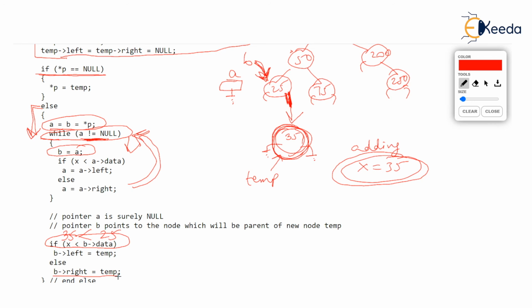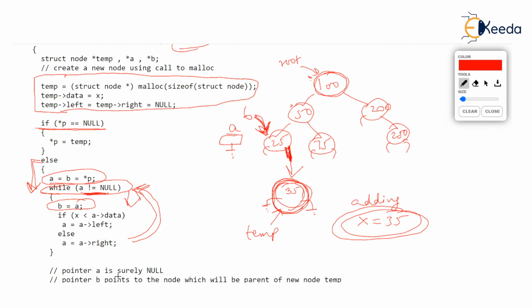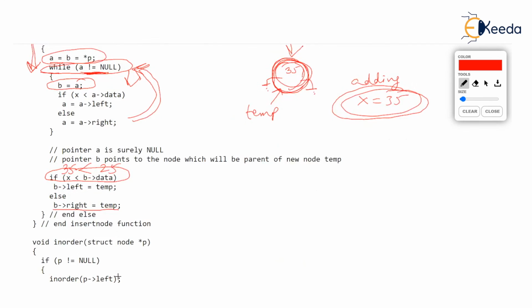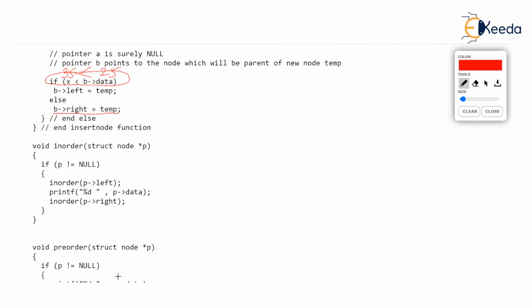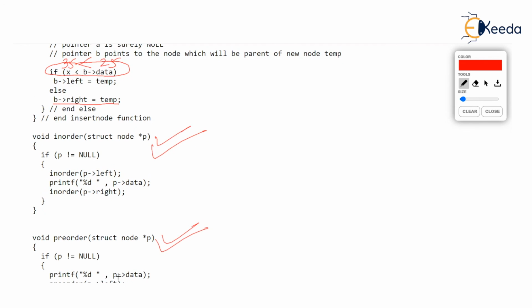By the way, once we have created the binary search tree by calling insert functions, it is time to print the tree, isn't it? Just as we created a linked list, then we displayed it. In fact, a doubly linked list was displayed in two methods, forward and backward, you remember. Similarly, a binary search tree or binary tree can be displayed in three methods: in order, pre-order, post-order. So those are exactly the next functions that are written: in order, then pre-order, and finally the post-order.